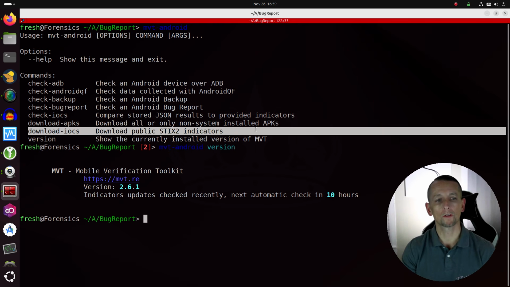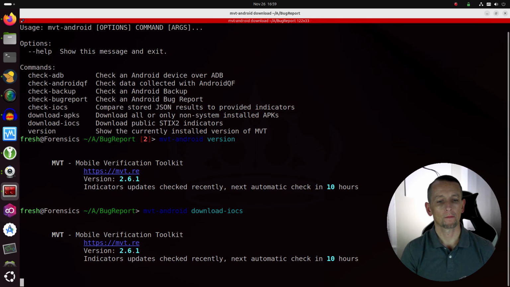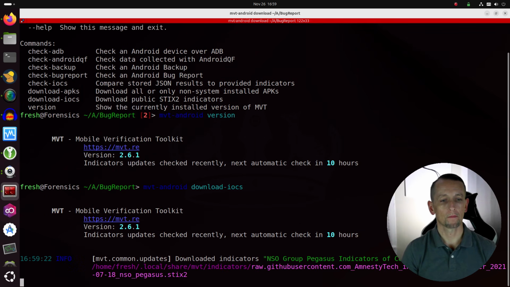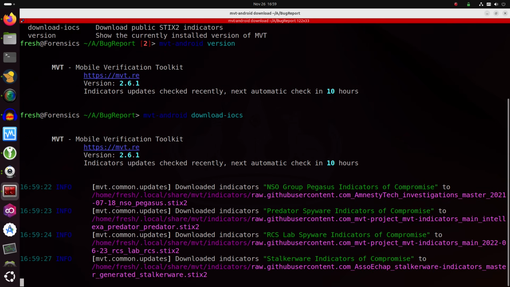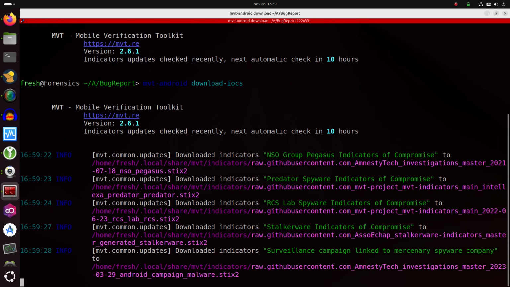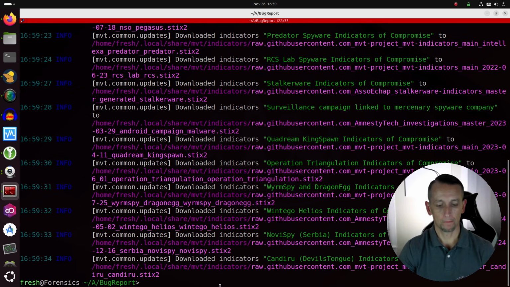So you're going to want to make sure that you first download the public STIX2 indicators, and you can do that by running MVT-Android followed by download-iocs. You will see that they are printed to the screen in this wonderful colorization. Over here in green are the actual downloads. Okay, so now that that is completed,